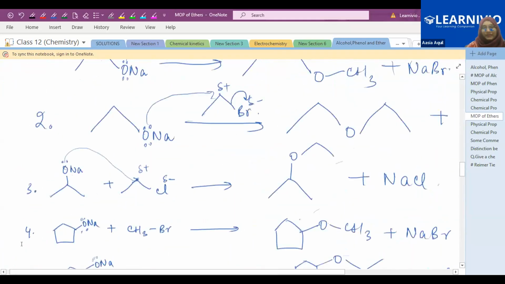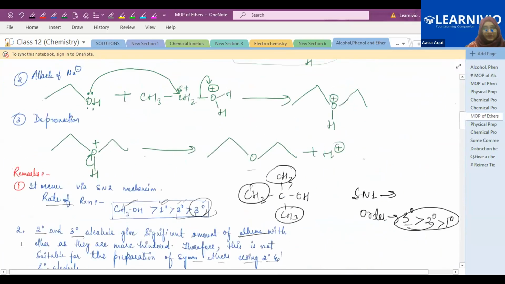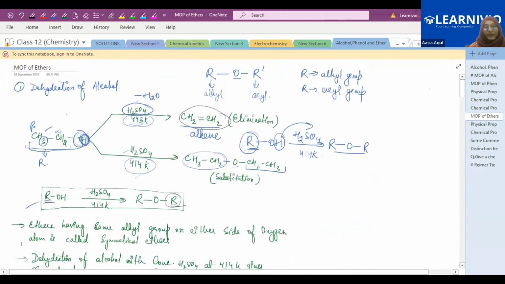So that's the chemical properties of ether, and the method of preparation of ether. Now the